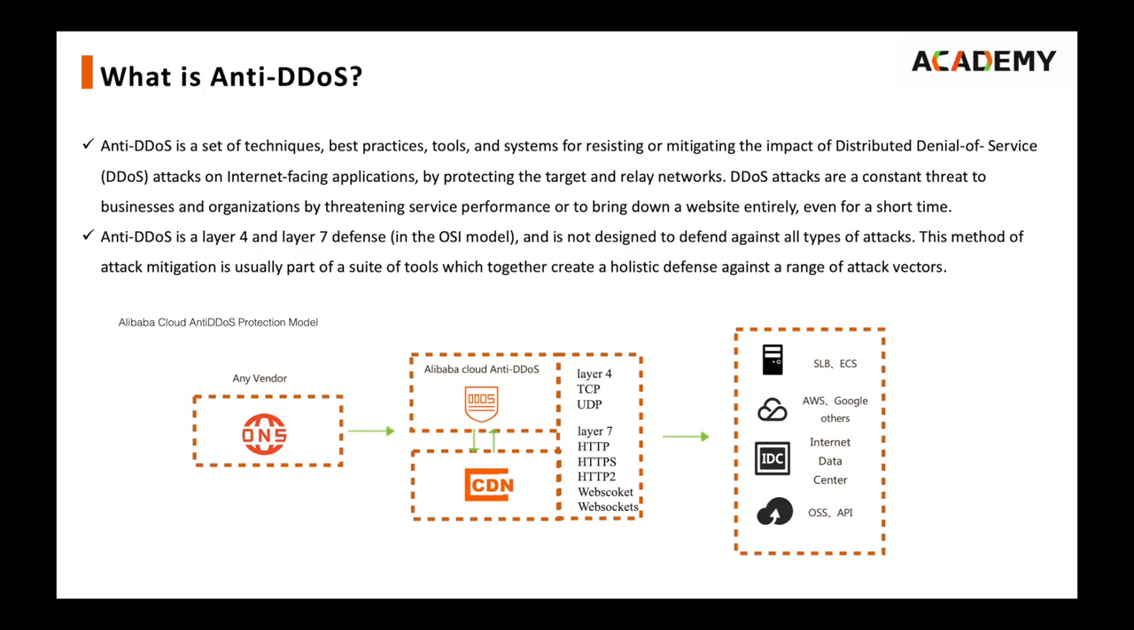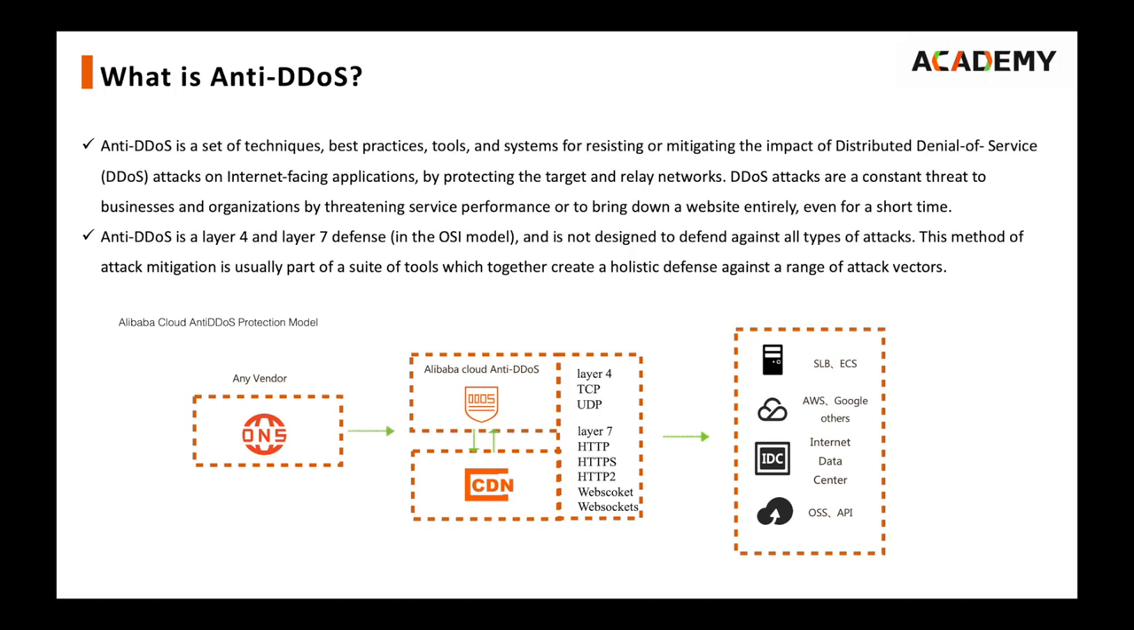However, it will work on most of the popular types of DDoS attack that are in use today. So you can see at the bottom of the slide we have an architecture diagram here. Your DNS service can be with any vendor. It doesn't have to be with Alibaba Cloud. What you do is you modify the DNS record for your site so that it resolves to the CNAME of